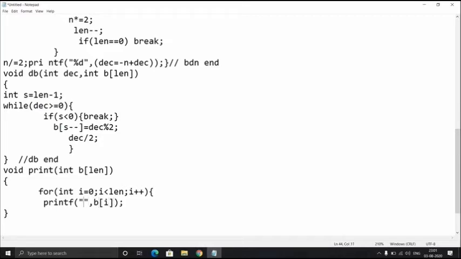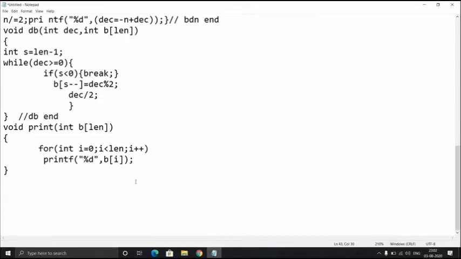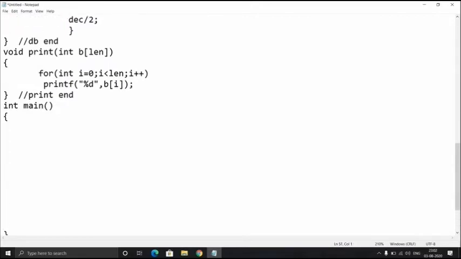So I think it will stop when length equals 8. Whenever the condition is not satisfied, the loop will not be executed, and then the print function ends. It's time to write our main function. I'm going to write the main function, and okay, I have to adjust.